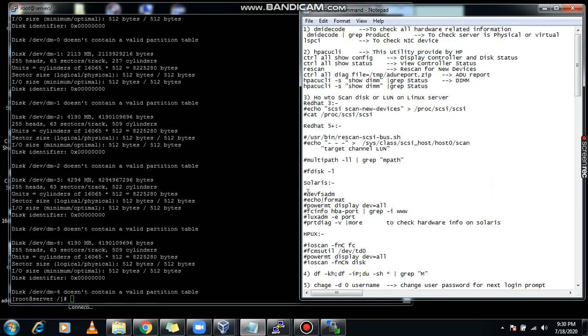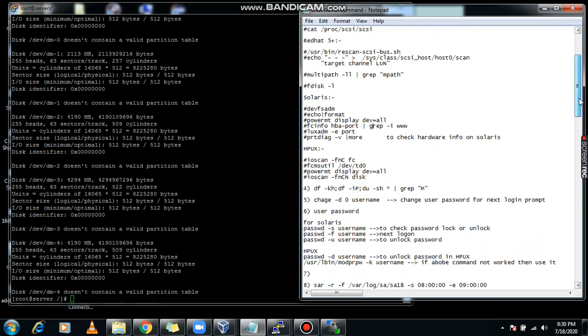In Solaris you can scan using devfsadm, and you will get the output in echo pipe format. Power management is also there. With fcinfo hba-port, you will get the WWID. With luxadm -e port command and prtdiag -v, you will get the hardware information on the Solaris server.